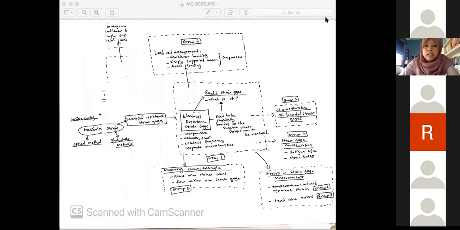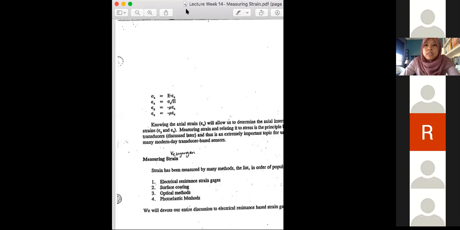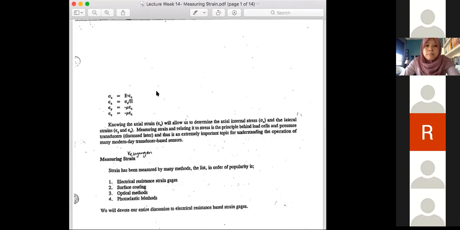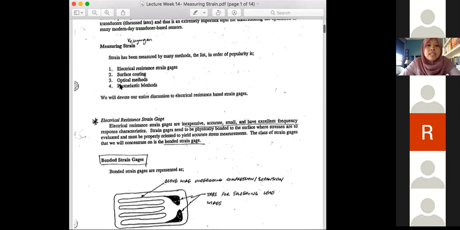Okay, so let's tengok kejap apa tu lecture note tu. So kalau you all tengok lecture note tu, measuring strain ni basically kita nak measure ketegangan, regangan. Okay, membuat pengukuran regangan. Macam mana kita membuat pengukuran regangan? So dalam topik ni kita akan fokuskan kepada